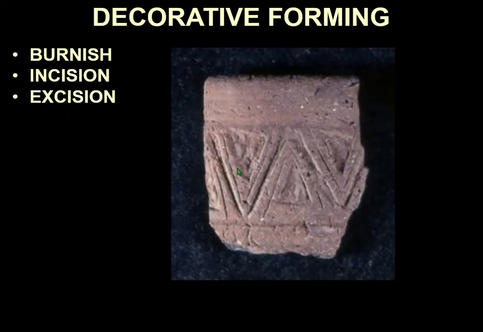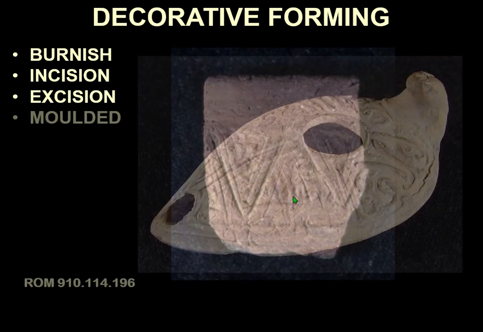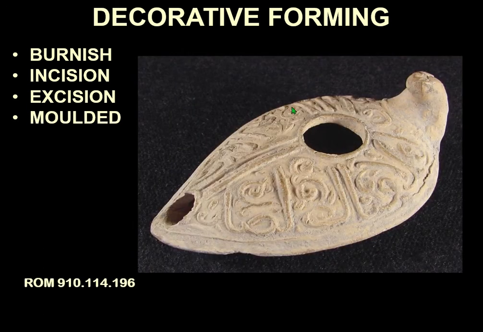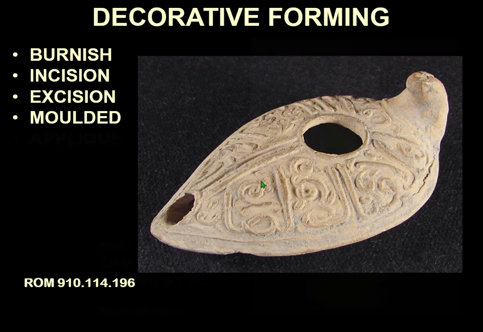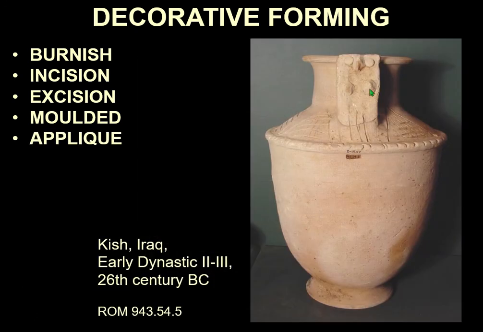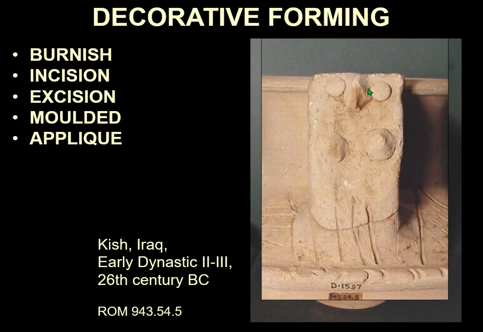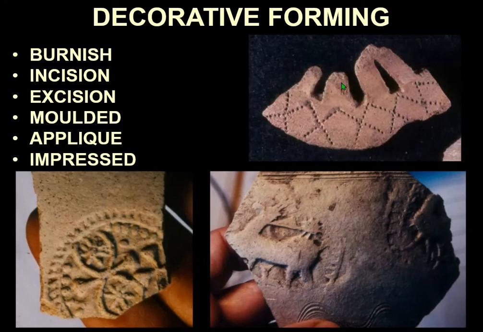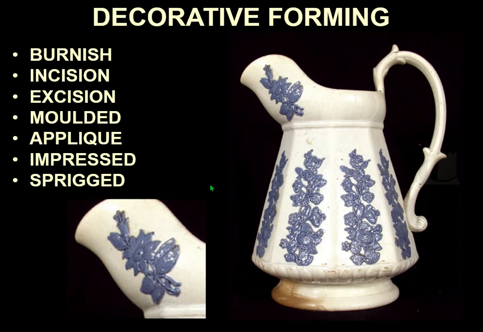And there's excision, which means you basically cut bits out. Molding is a form of decorative molding as well as construction. Appliqué means you apply bits of clay to it, like on here, there's a close-up. You can see they've added a nose and eyes and things. Impressed: here you can see someone has impressed something into the surface to create these little patterns. Here they've impressed a fork or something into the outside. It's probably a fork. It'll be a lot of work to do these as little dots, little sticks.